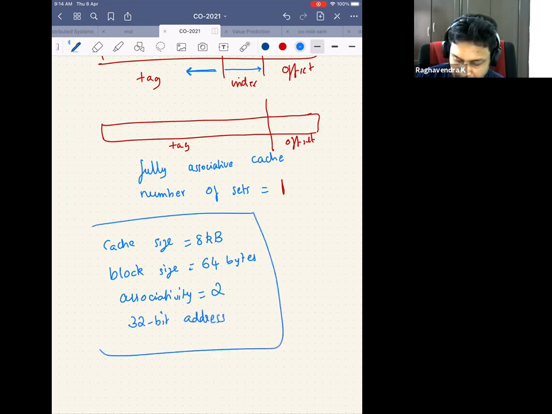So this is the problem. This is a classic problem generally people ask. Of course, not these numbers, I'm just making them up, but generally somewhere around this ballpark figure they'll ask. Can you tell me the number of bits in the tag, index, and offset? Please take 2-3 minutes. If you already figured out the answer, don't say it now. Please take a pen and paper and work it out. You have to tell me the number of bits in the tag, the number of bits in the index, and the number of bits in the offset.